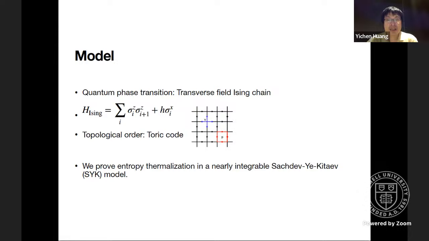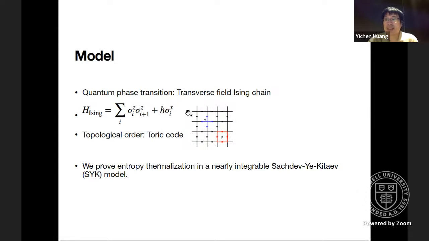And for this reason, a lot of analytical effort in condensed matter theory is to try to design exactly solvable models so that the physics can be demonstrated in a mathematically accurate way. For instance, when we talk about phase transition, we are always discussing the transverse field Ising model. And when we talk about topological order, we always begin with the so-called toric code. In this sense,